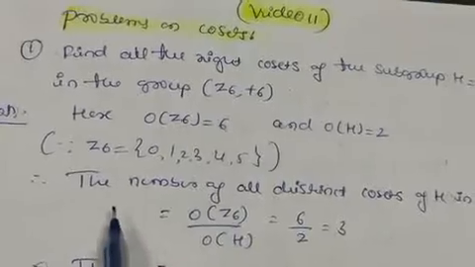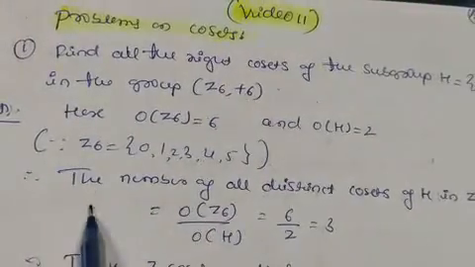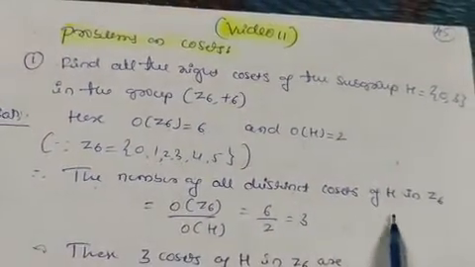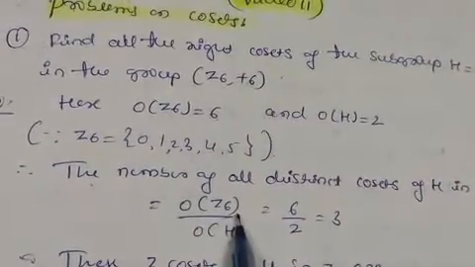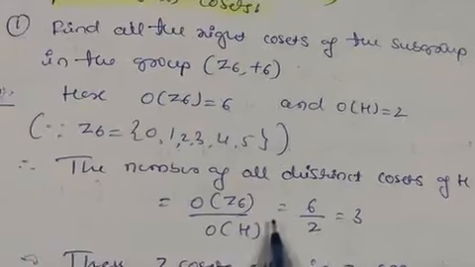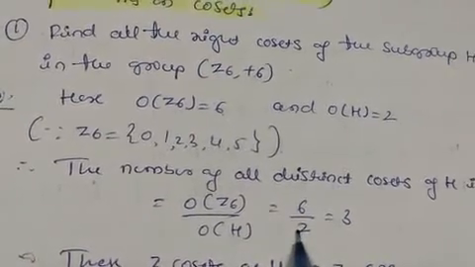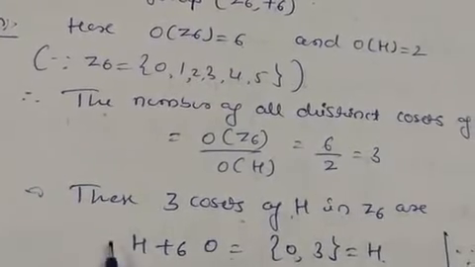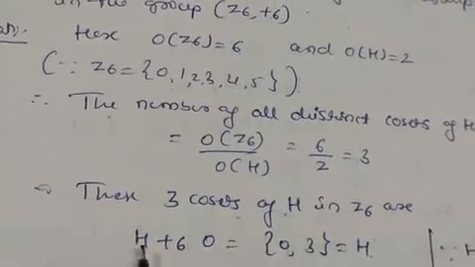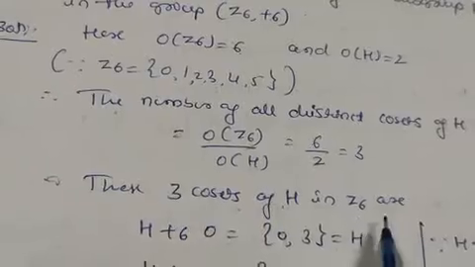And we know one result here. The number of all distinct cosets of H in Z6 is equal to the order of Z6 divided by the order of H. So this is equal to 6 divided by 2, which is 3. So there are 3 distinct cosets of H in Z6, and they are,